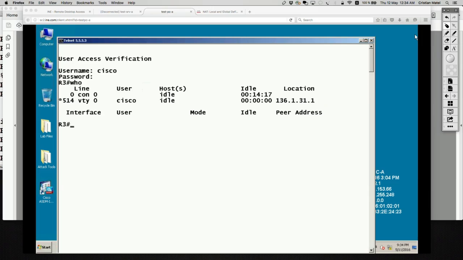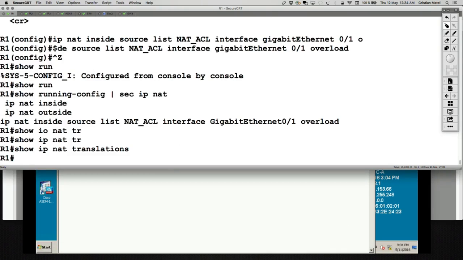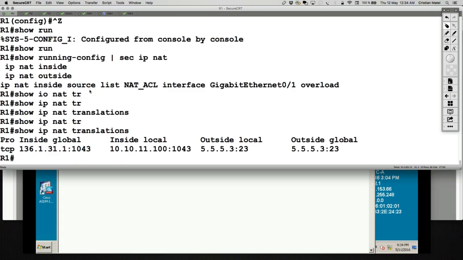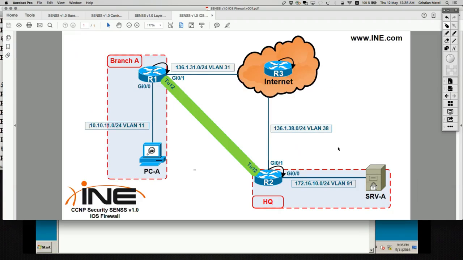address. If you go on router 1 and say show IP NAT translations, there we go. Right now I see a NAT entry which states that PCA, or the source random port number, was NATed to, the port number was skipped, but the IP address was changed to the IP address of router 1 as expected, and the destination remained unchanged because I'm not doing destination NAT. To confirm that, I can of course NAT the whole VLAN 11 into the same address of